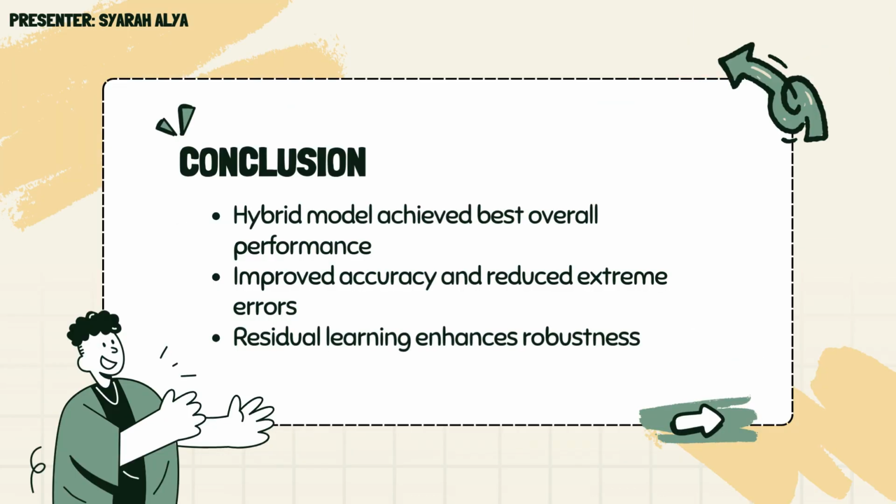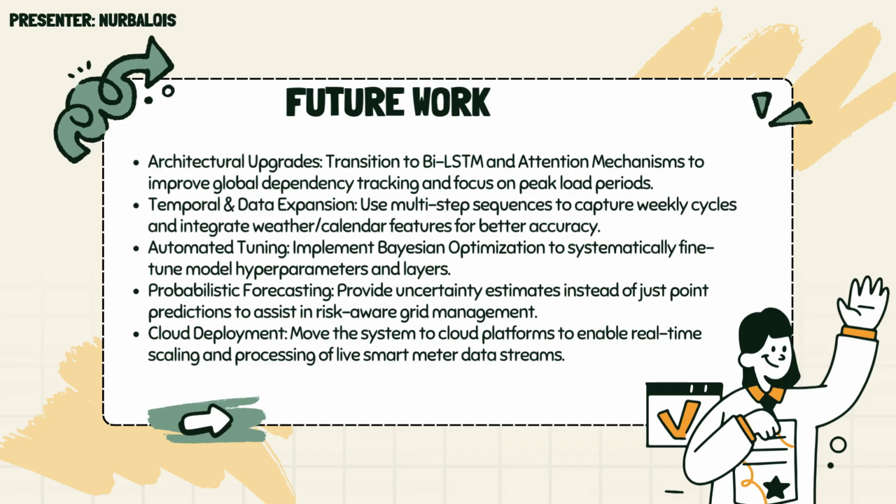To conclude, I'll summarize the key outcomes of this project. This project demonstrates that hybrid machine learning models can significantly improve short-term electricity load forecasting in smart grid environments. While traditional and standalone models capture partial patterns, they are insufficient to fully model the nonlinear and temporal complexity of real-world power consumption data. The hybrid LSTM XGBoost model effectively combines temporal learning and nonlinear error correction, leading to improved accuracy, stability, and robustness. To wrap up, we identify 4 key areas to take this model to the next level.